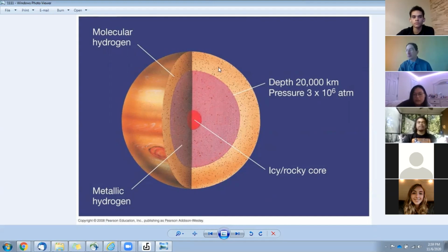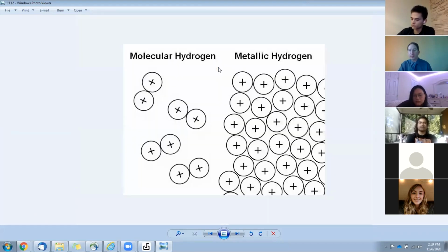Up here we have regular molecular hydrogen. That's two hydrogen atoms stuck together, giving us H2, the H2 molecule. But deeper down, they get squeezed closer and closer together until they're all essentially touching like a fluid. So here we have molecular hydrogen, the little pairs bouncing around with space between them. But you get deeper down with all that pressure, and they're squeezed right on top of each other. They roll around each other like a liquid would. Even though it's gas,